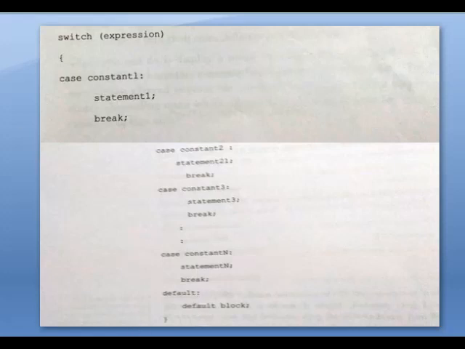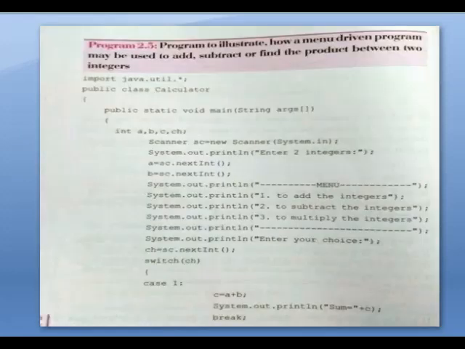Now we are going to see a sample program for the switch case statement. So this is the calculator program. See, we are using Scanner. This is the menu line, that is 1 to add the integers, 2 to subtract the integers, 3 to multiply the integers.